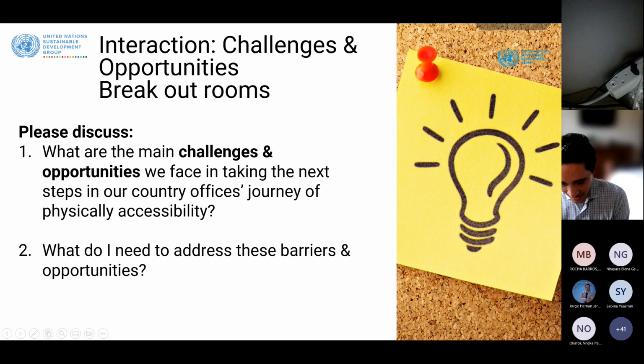And I see there's a comment from Ranjita saying that UNV established a reasonable accommodation facility of 30,000 for the period of 21 and 22 to fund accommodation requirements for volunteers engaged with UNV.